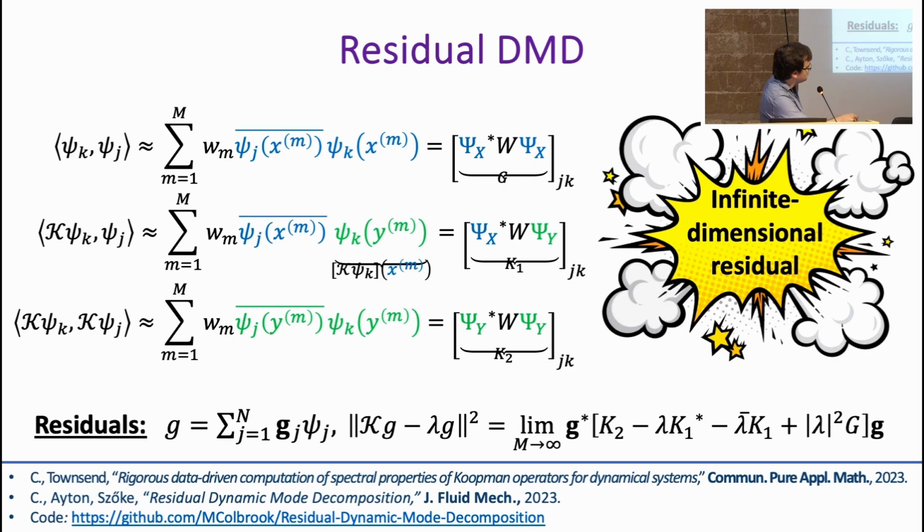So you've got this extra K2 here. Okay, so this is exact in the large data limit. Okay, no projection error here. I'm controlling, or rather computing, the projection error. So I can access infinite dimensional residuals using this extra green-green matrix. And that's the essential idea of ResDMD. So you can download the code here. You can look in the paper for algorithms. They're very easy to use and to use in conjunction with EDMD.